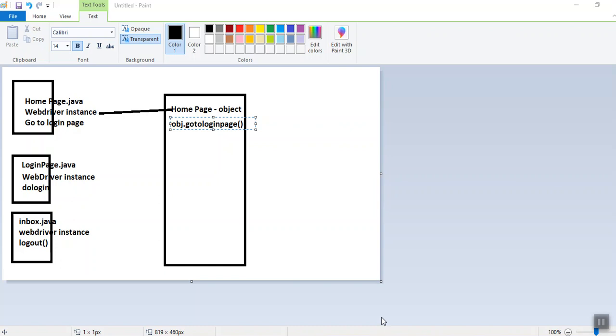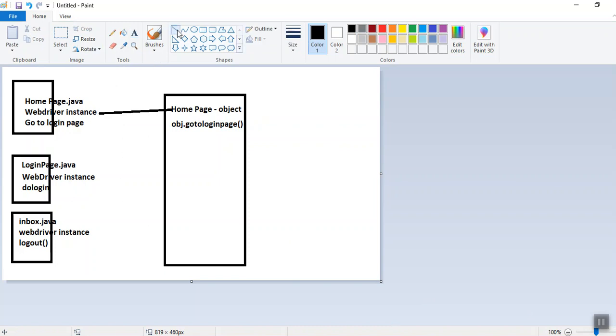Go to login page will navigate you to the login page, and it will return the class of login page. Now as soon as we get the login page, we will call the do login function.